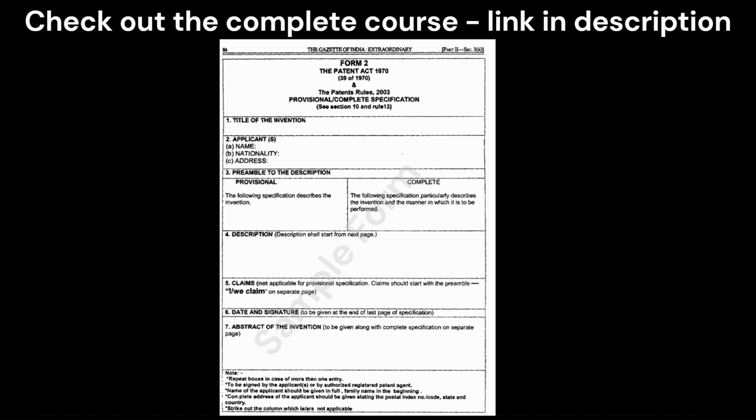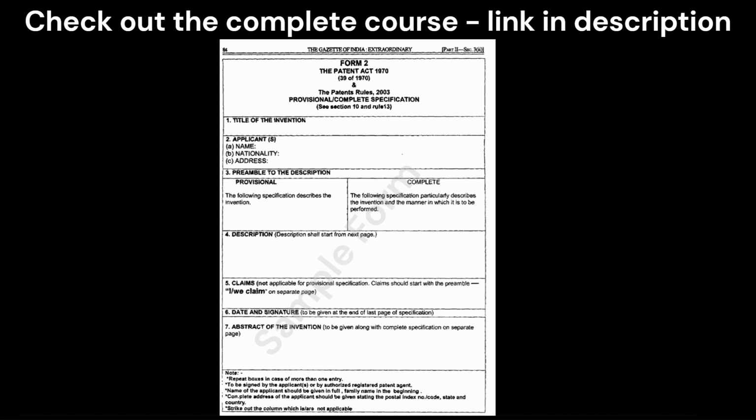It can be filed in two stages, that is, provisional stage and complete stage. So, if you do not have claims, then it is provisional. If you have everything ready and in hand, then you can file for a complete specification using Form 2. When to use? Say you are at the early stages of your ideas, prototypes, or any research project, then provisional is the way to go. And if it is final and tested invention ready for getting a patent granted, then you can go with the complete specification. What are the parts in this form?